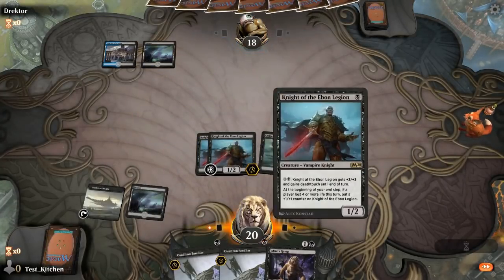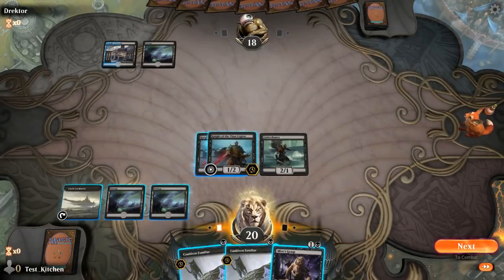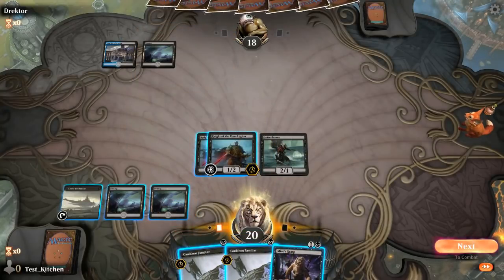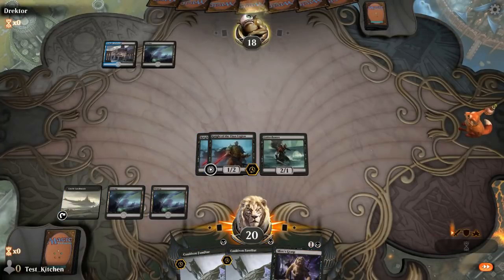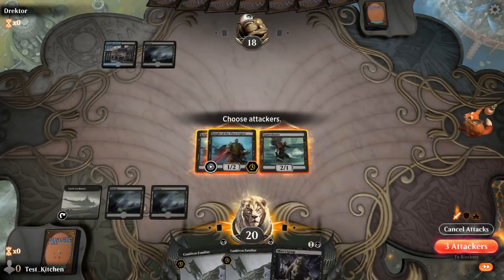That's a card that'll just completely wreck us. But next turn we can start growing these Knight of the Ebon Legions. Yes, we can. We get another land, too. That's pretty cool. Might just keep the cards in our hand for now. Don't risk these Cauldron Familiars getting swept up. Although...